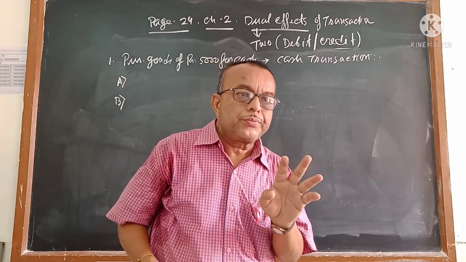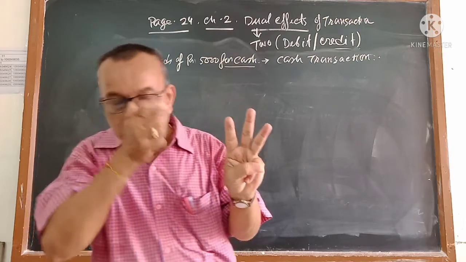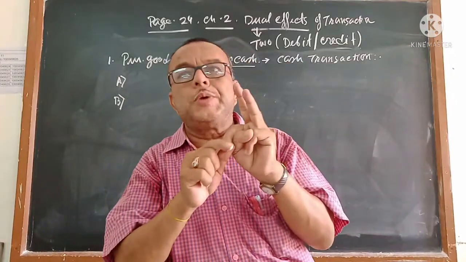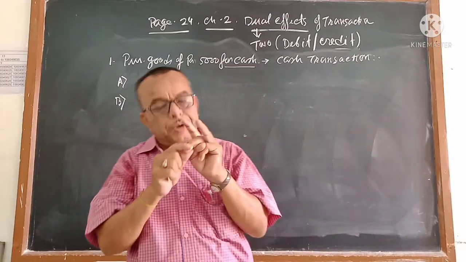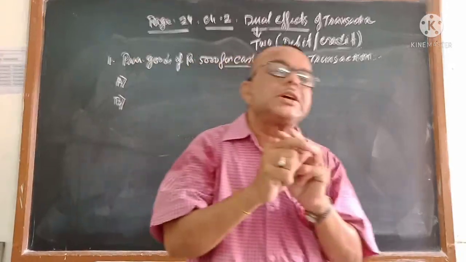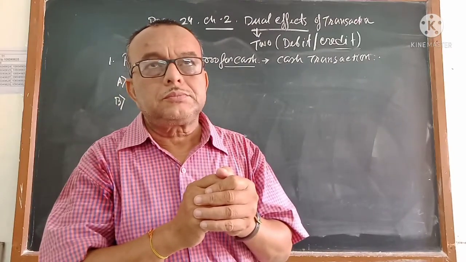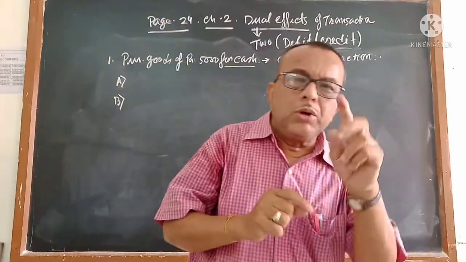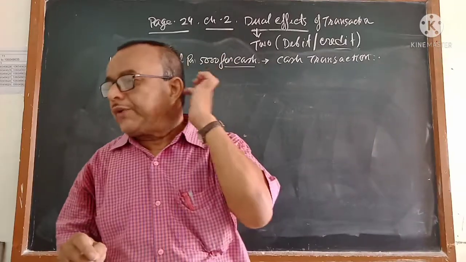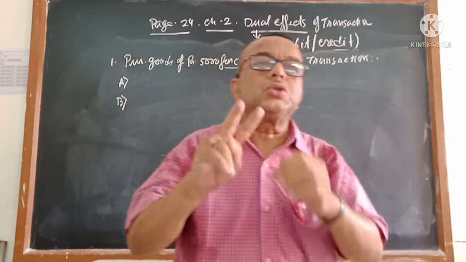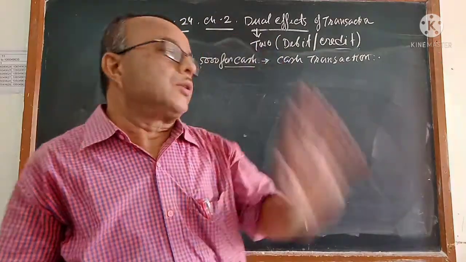Once again I will tell you, if it is a transaction, three conditions are satisfied. One, there should be at least two parties, that is obviously there. Two, there should be an exchange of goods, services or money, obviously it will be there. And three, what is exchanged is measured in terms of money, that will also be given. Now, to find out the two effects, after doing the first step, first we will find out which two things are exchanged between the two parties.